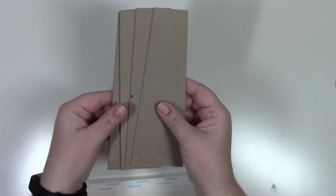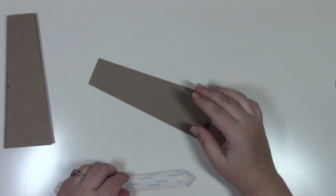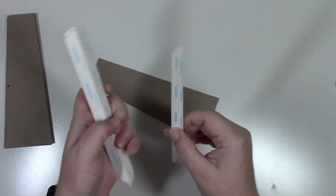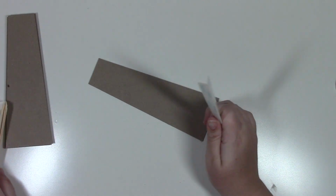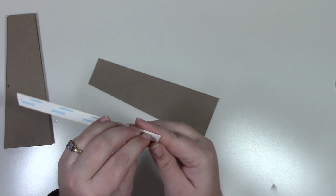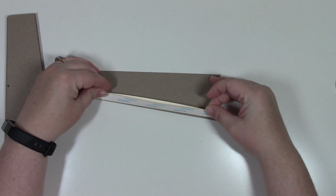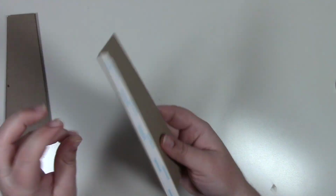I trimmed all of my sides, so I have 6 sides here, and I have all of my hinges, so they've been tapered at the corners and added tape to the outside portion. And then we're just going to attach one hinge to one side,